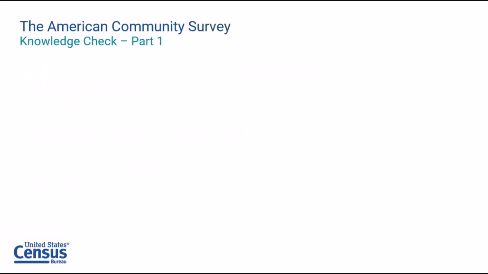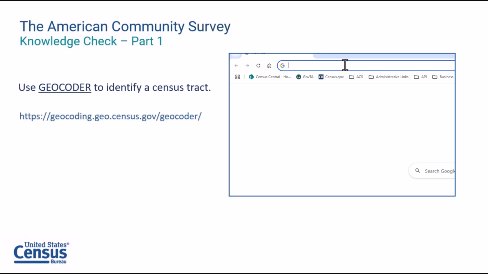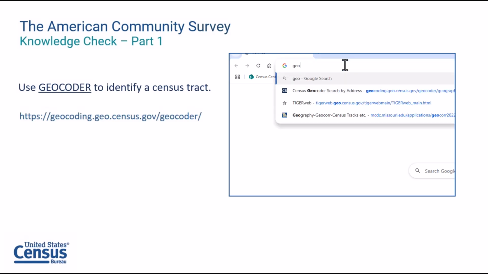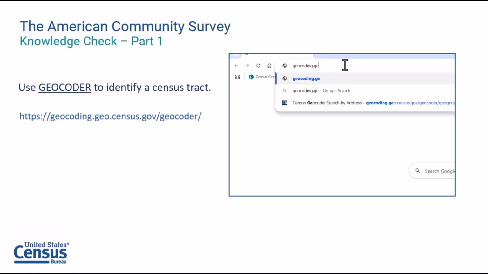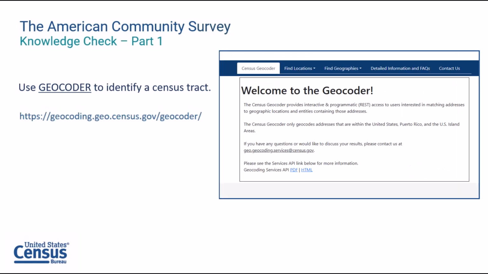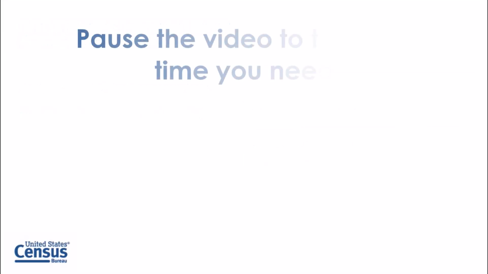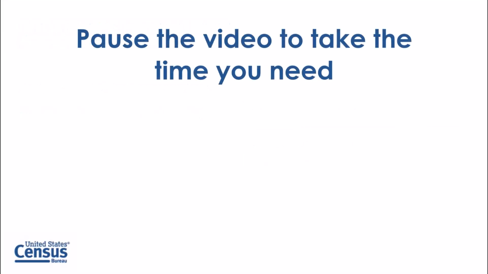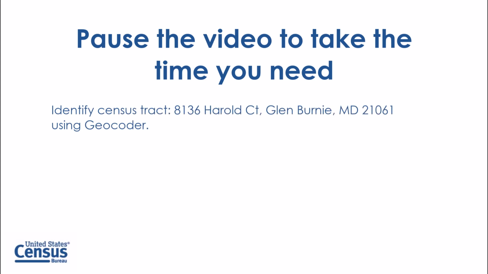The first part of this knowledge check is to use Geocoder to find the census tract for an address. To get to Geocoder, go to the address on the screen or type geocoding.geo.census.gov in your browser. Pause this video to take the time you need to identify the census tract for 8136 Harold Court, Glen Burnie, Maryland,